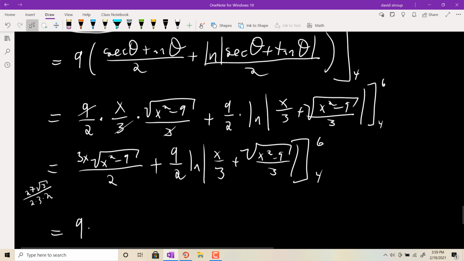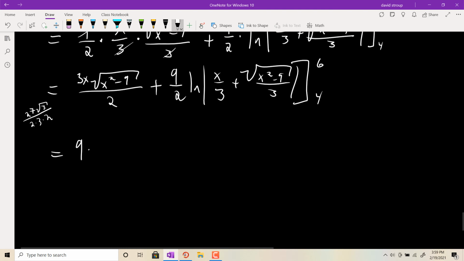Okay, so that's better. So this will be plugging in 6. You get 6 over 2, which is going to be 3 times 3, which is 9. And then the square root of that will be 36 minus 9, which will be 27, which is 3 root 3. So you end up with 9 root 3